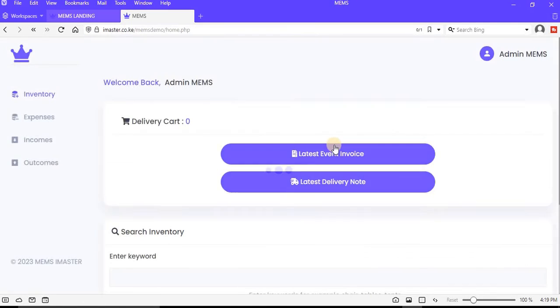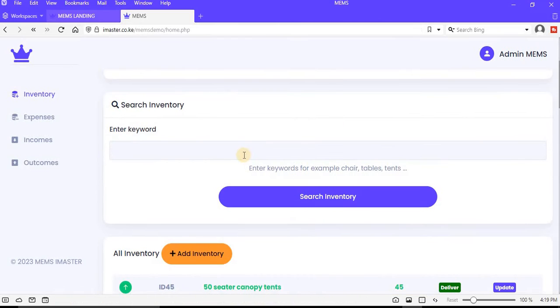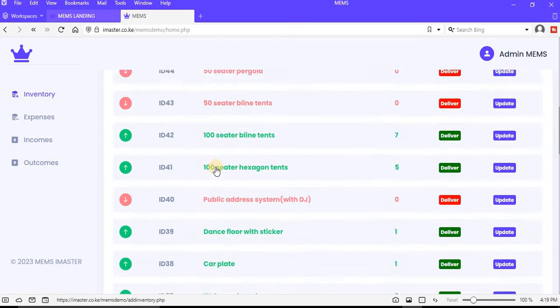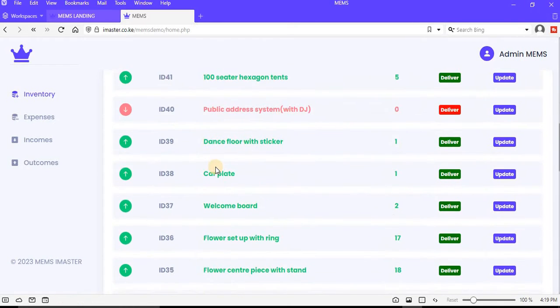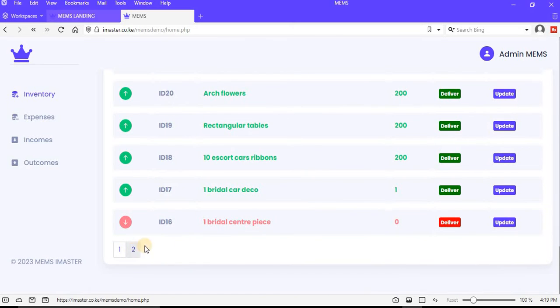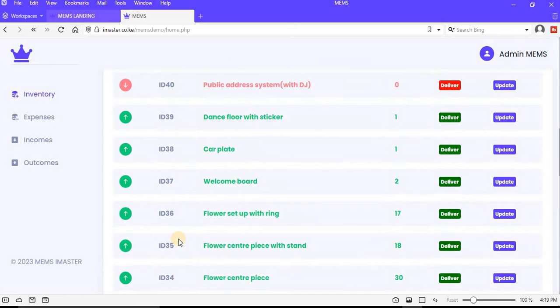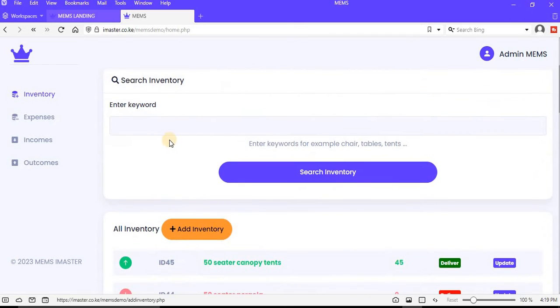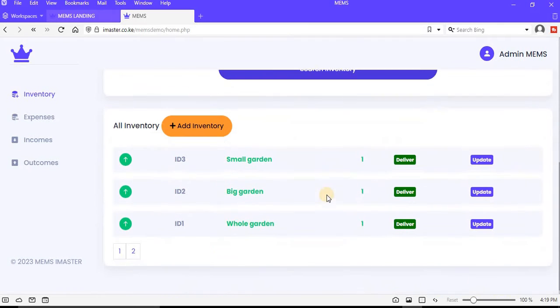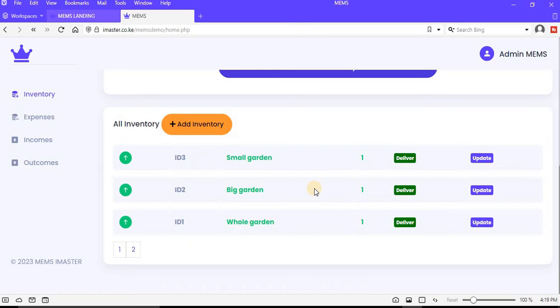First of all, I want to show you this system. You can search your inventory. This is where you add the inventory. For example, let me add something else. You see this set table is grouped. You can search by these ones, or you can come here and enter a keyword. For example, if you add a garden like this and you search, it will bring you results. You see,